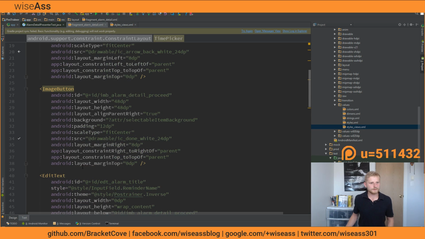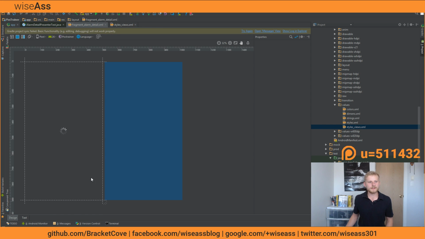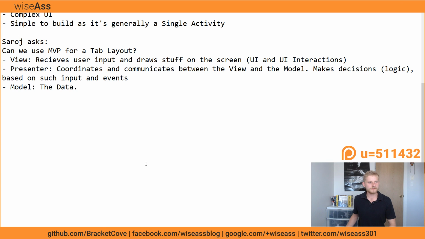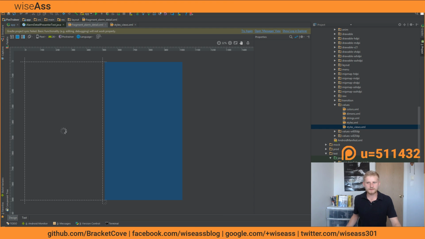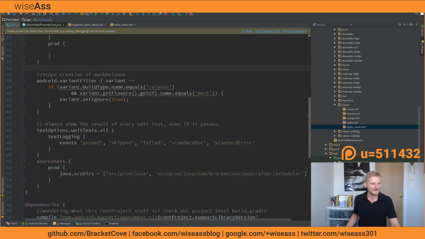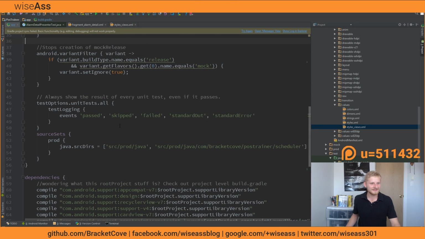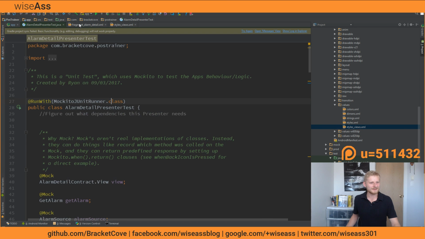So as a quick example, to get back to the question, the question is, can we use Model View Presenter for a tab layout? Well, you can, as I said, you can use Model View Presenter for anything. It's like someone snuck into my POS Trainer repository and messed it up while I was away or something, because it's just not loading properly, which is very bizarre. Pardon my language. That is really weird. Anyways,